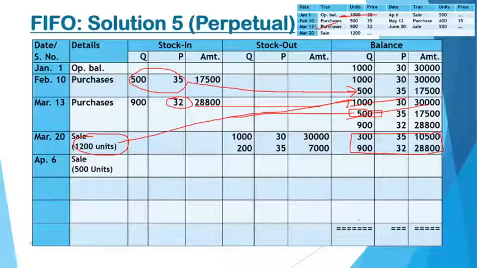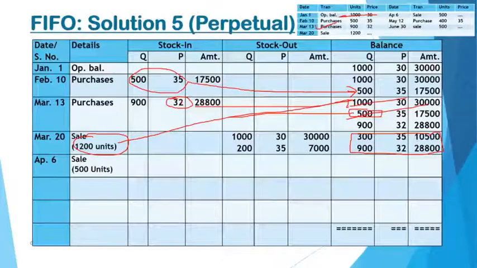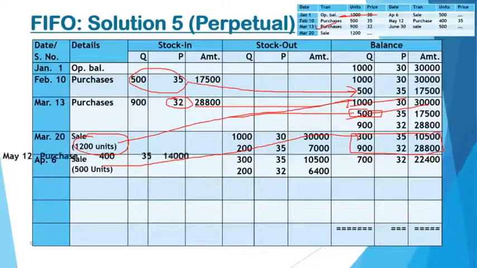No, your method is very objective. It simply says follow the approach. So your 500 units will be first sold from the first lot, but this is of 300 units only. In order to fill the gap of the remaining 200 units, you will be utilizing the next lot. So the first lot will be finished and then we will move to the next lot. That brings us to the balance of 700 units at the rate of 32.